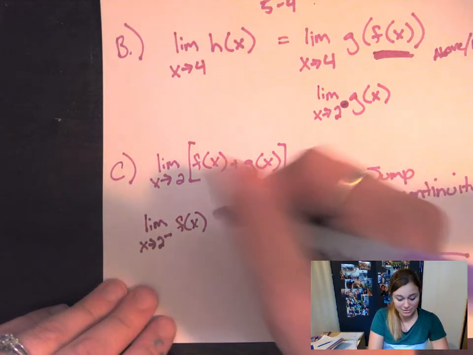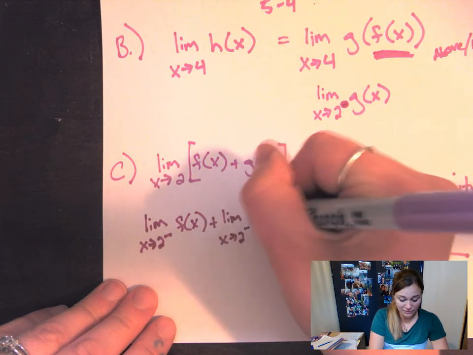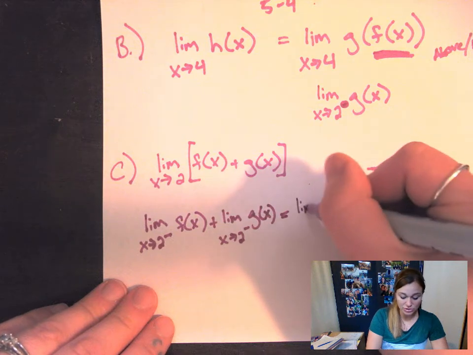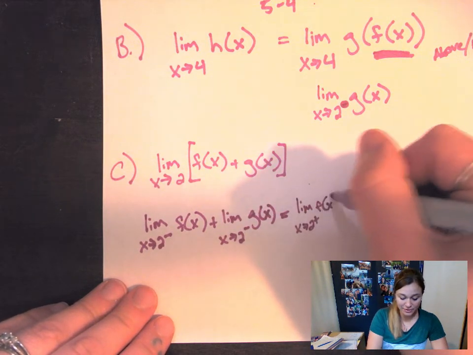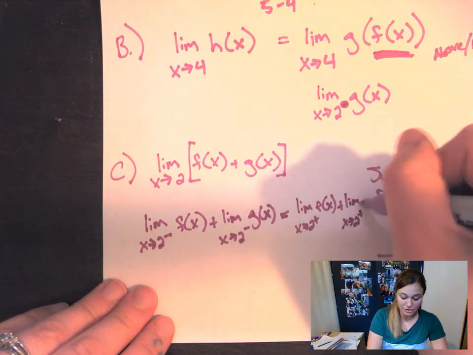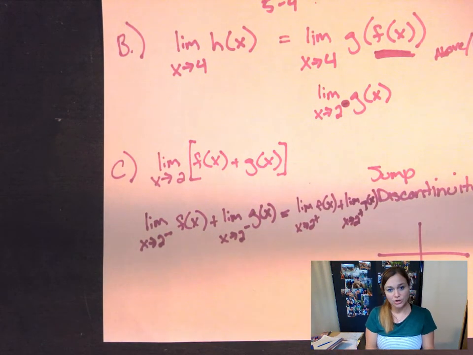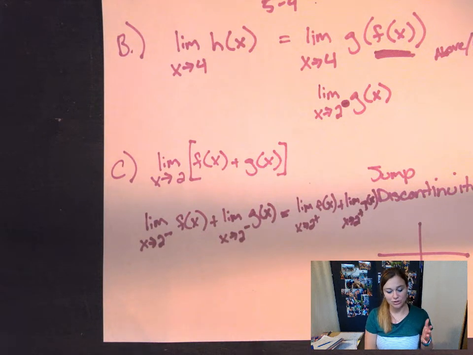Go a little bit further in your investigation and find the limit as x approaches 2 from the left of f of x, the limit as x approaches 2 from the left of g of x, and see if that's equal to the limit as x approaches 2 from the right of f of x, and the limit as x approaches 2 from the right of g of x. Sorry, I know that's getting in there. These are going to be equal, but you have to do a little bit of work. Again, that's from the video, but it's just making sure the left-hand limit is equal to the right-hand limit,